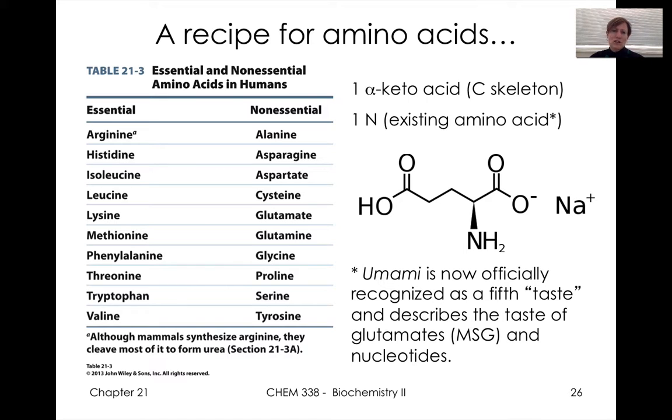Well, you actually reverse a lot of the processes that we've talked about, but you need to have a source for nitrogen, and the source for that nitrogen is often glutamates and nucleotides. We'll get to nucleotide metabolism in our next chapter, but glutamates are an important source of nitrogen, and that's why things like MSG, which stands for monosodium glutamate, that's a flavoring agent, is thought of as kind of the fifth sense. Why you actually have a taste for MSG is because it's an important building block for you to make your own amino acids.